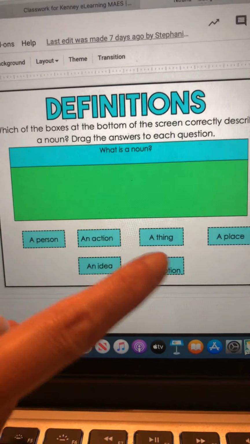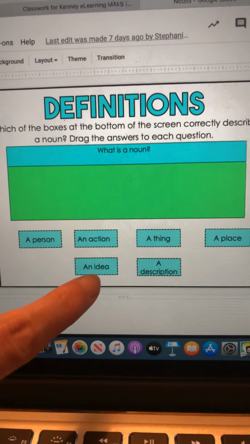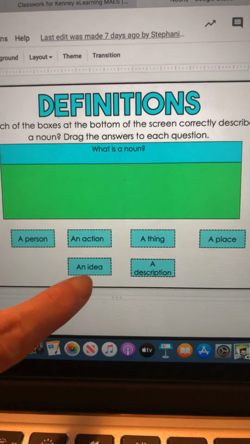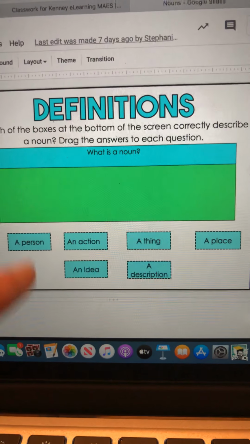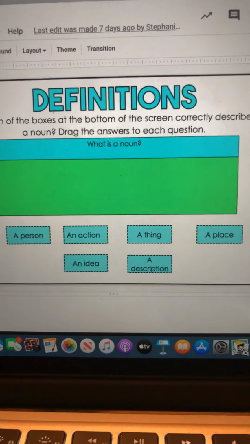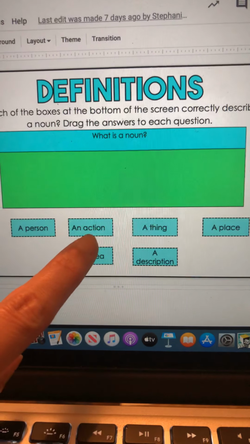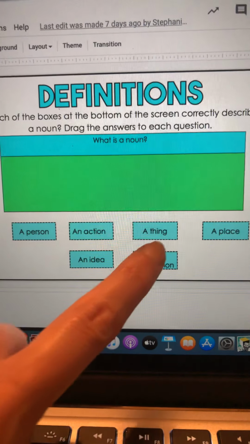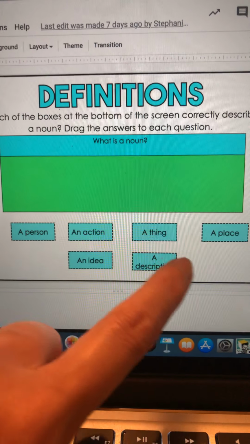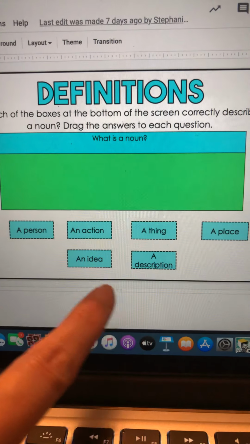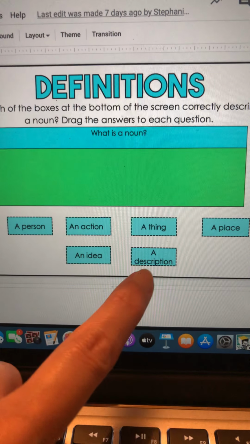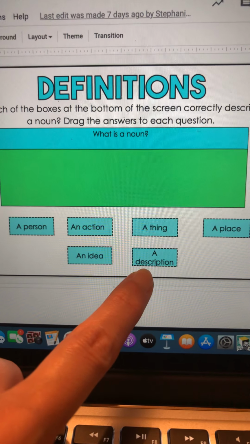I'm going to read the boxes at the bottom, and if there are any boxes that define what a noun is, you have to drag it up and put it in this box. All right, so the first one is a person, an action, a thing, a place, an idea, a description.